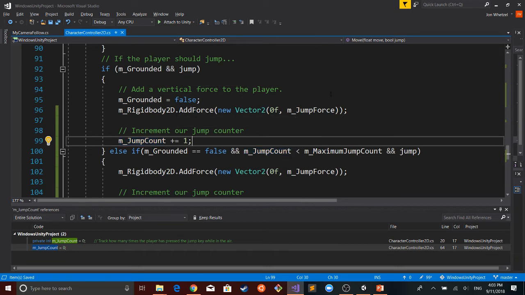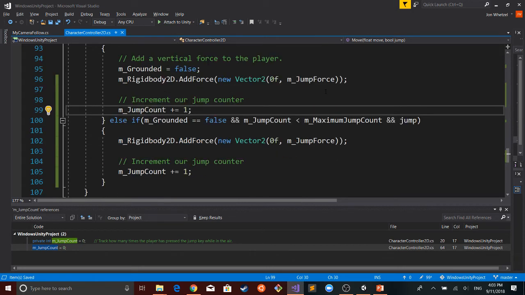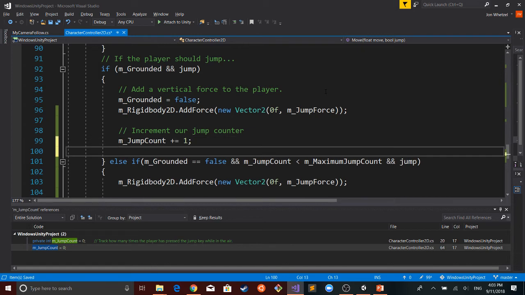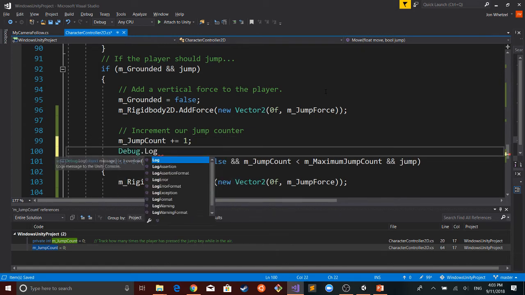So another thing that you can do, the other way you can debug, so like I said, you can set that debug value. Another way you can do debugging is in your script. Whenever the jump count gets incremented, we can write that out so that we can see for ourselves. The way you can do that is if you say debug.log.